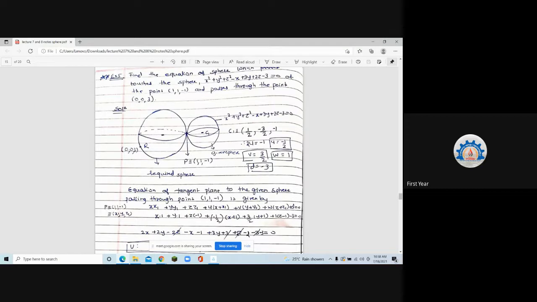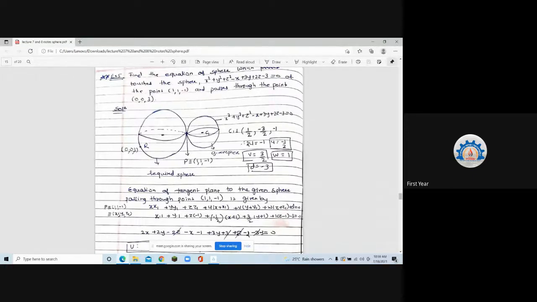What concept are we doing? For the sphere that is given, we have to find the tangent plane. That plane and this sphere will intersect at a point, which is that point P. So from that I will get a new sphere which passes through 0, 0, 3. So the plane that I'll get, the tangent plane, and the sphere S1 plus lambda U is equal to 0 will give me the sphere, and that lambda will be found with the help of this point 0, 0, 3. Understood? What concept am I using? Just put in the chat box if you have understood, Anshu.